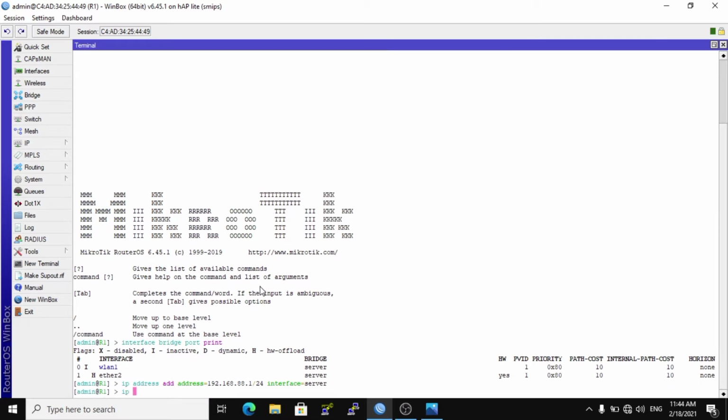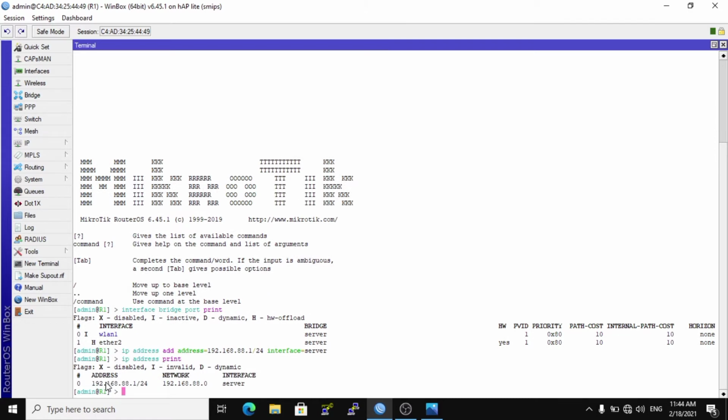And check the IP address, type ip address print. And this is IP address 192.168.88.1/24 successfully created, and network 192.168.88.0 on interface server.